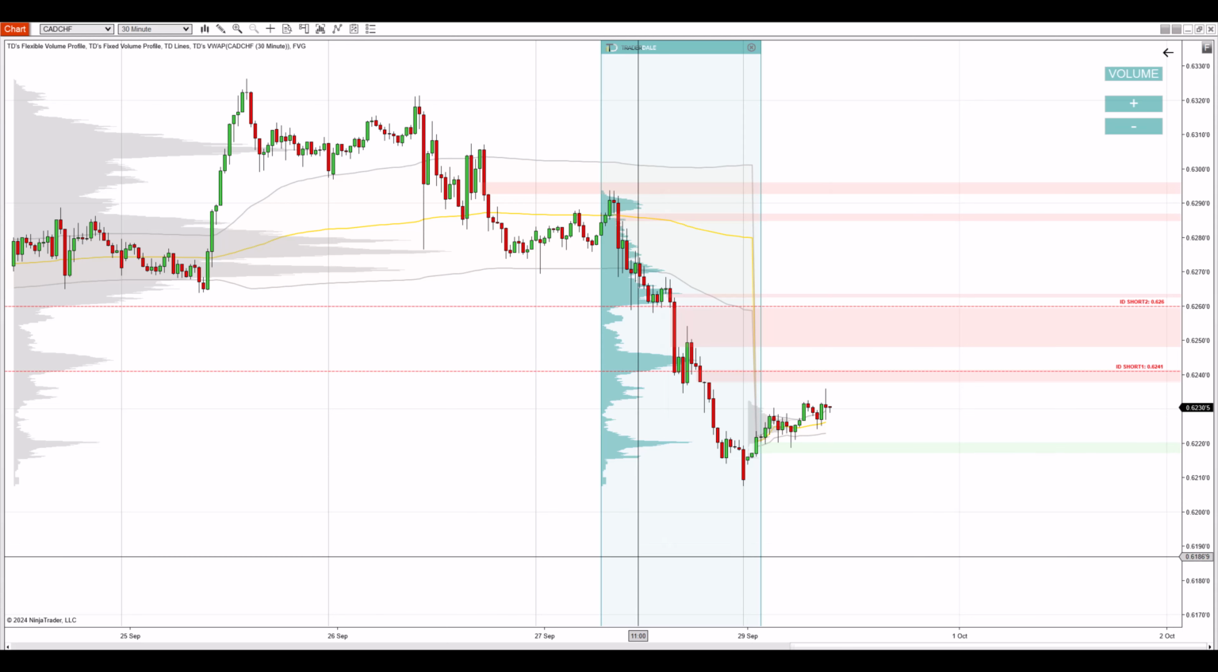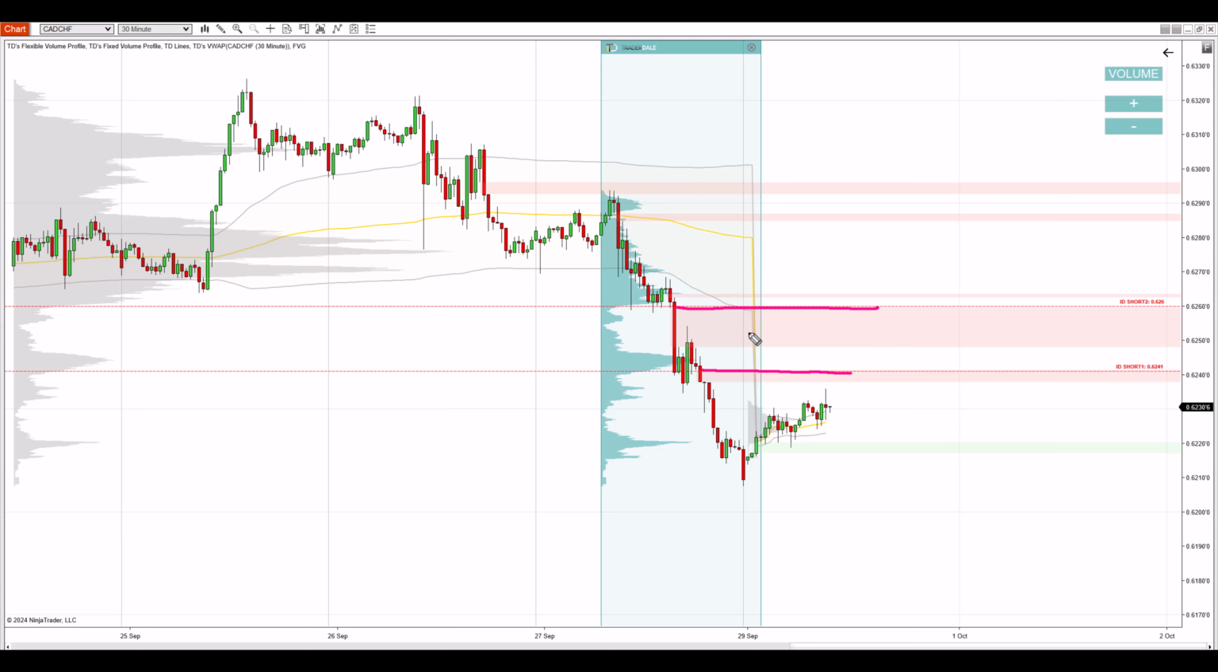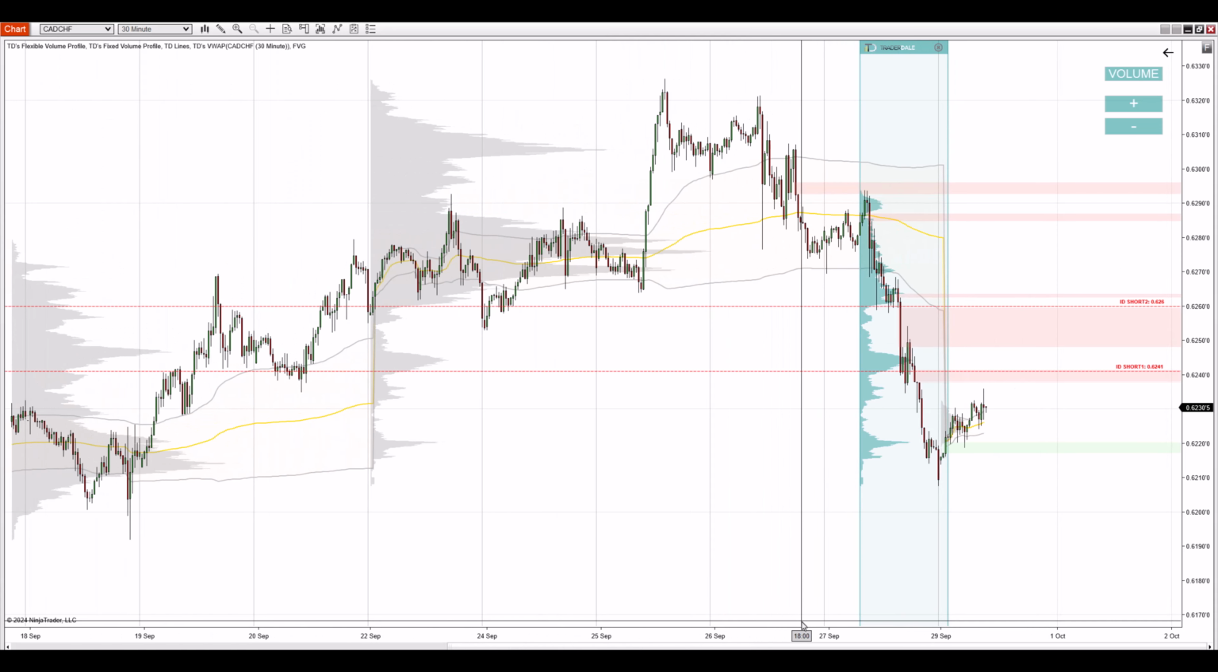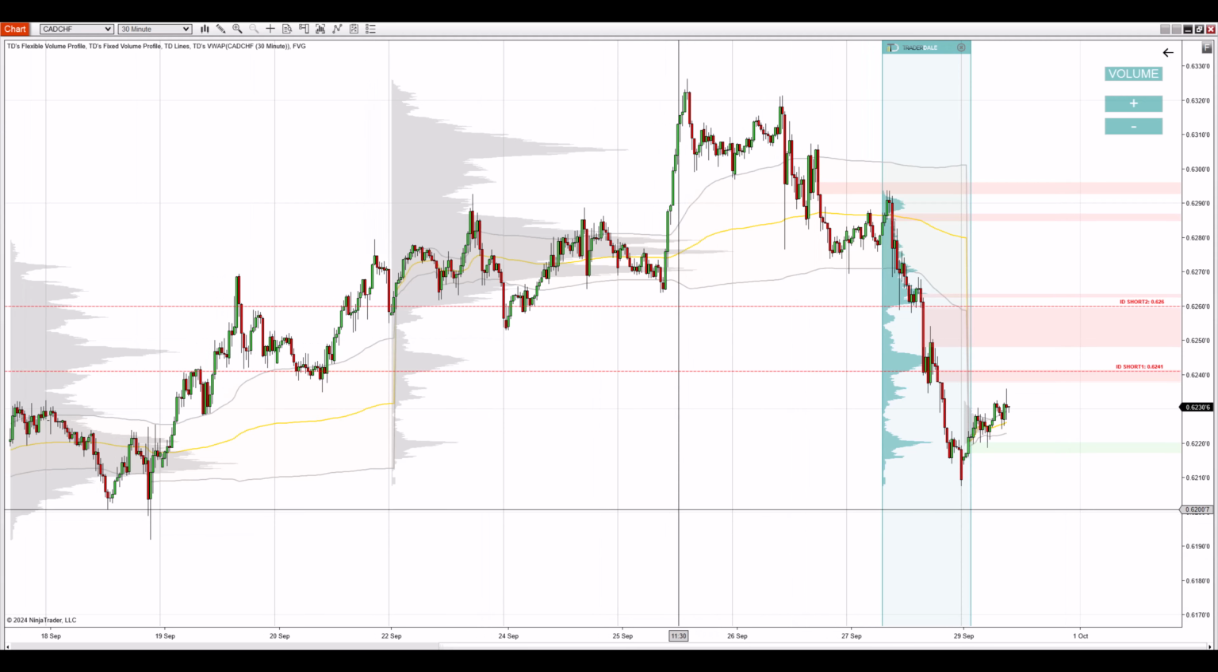Now, additionally to those heavy volume zones, you can also notice that we have the fair value gaps in here, right? And those are the top borders of those fair value gaps, of this fair value gap and this fair value gap. Additionally, if I scroll back a bit, you can see that the price was reacting to those zones in the past,